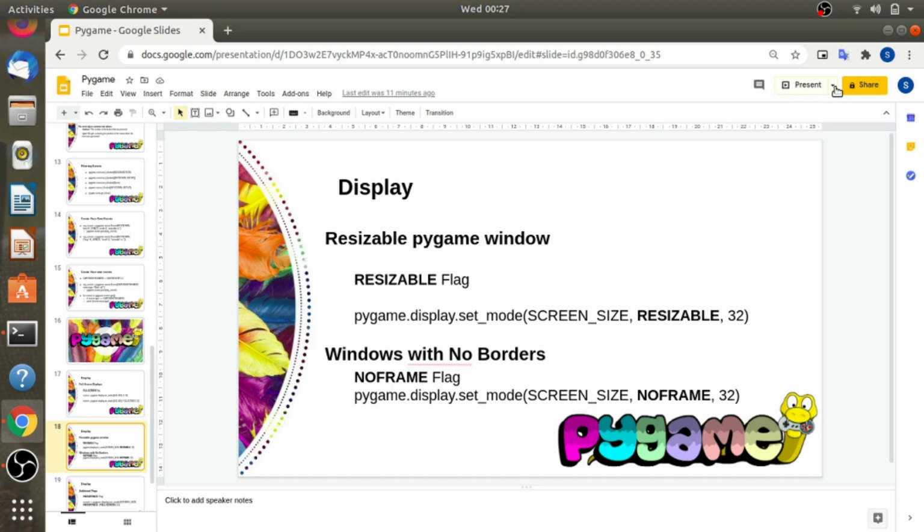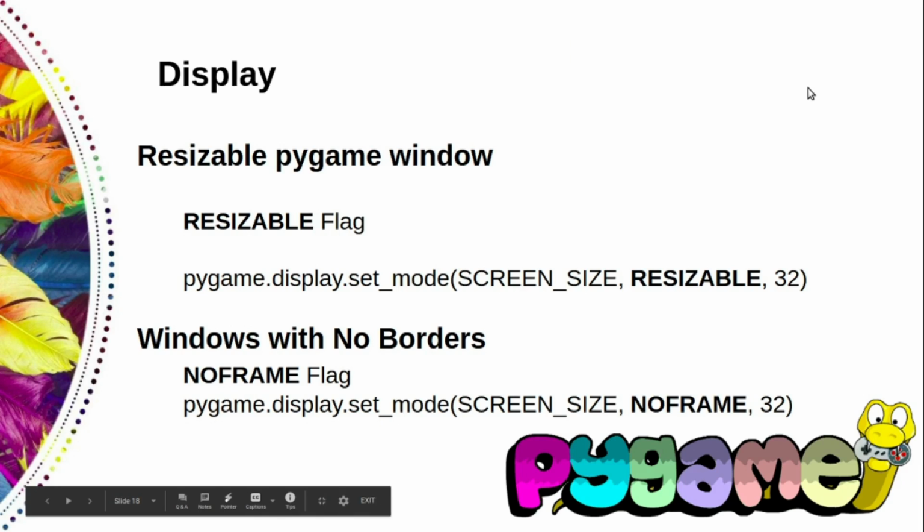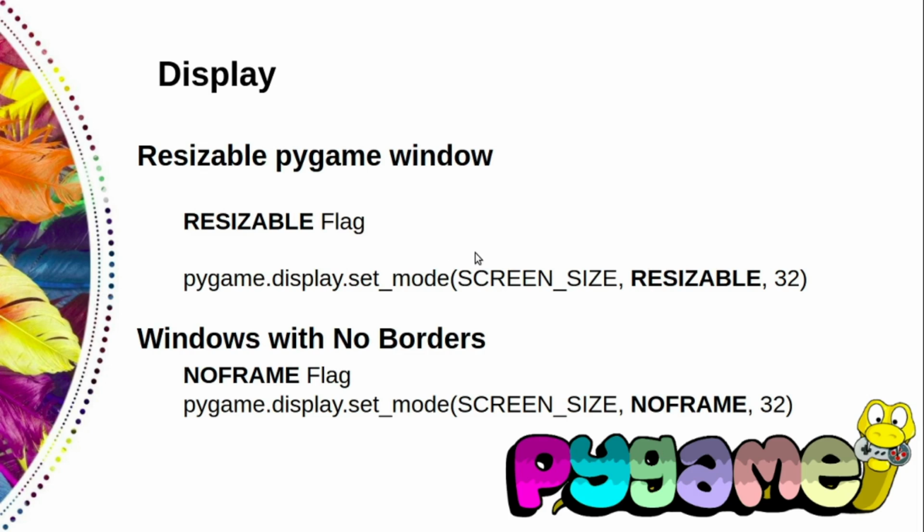Now, occasionally you may want the user to be able to resize a Pygame window, which you typically do by clicking on the corner of the window and dragging with the mouse. It's easy enough to do this by using a resizable flag. When you call set mode, Pygame informs your code if the user has changed the window size by sending a